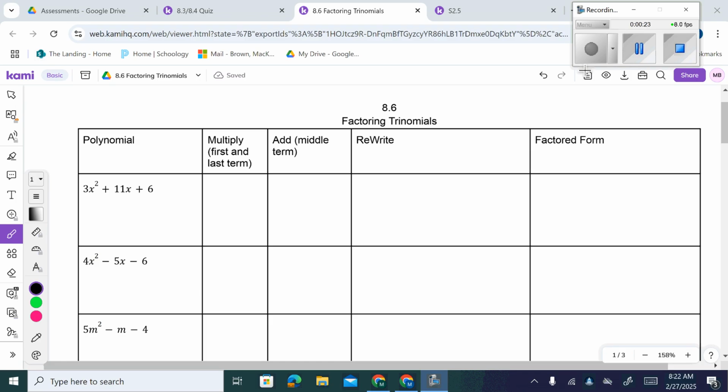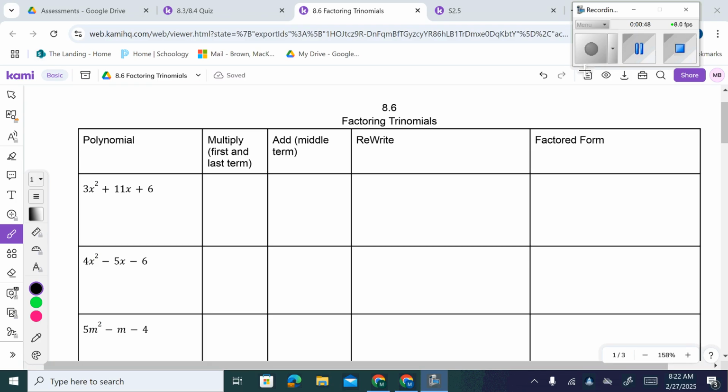But do you know how to factor four terms? What do you do with four terms? You group it. So what we're going to do is take these three terms and expand it to four terms. We're going to take the three terms and expand it to four terms. The way you are going to do that,